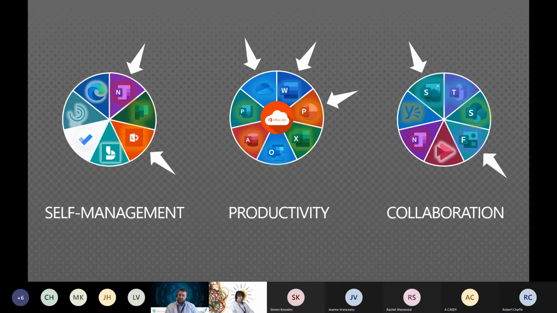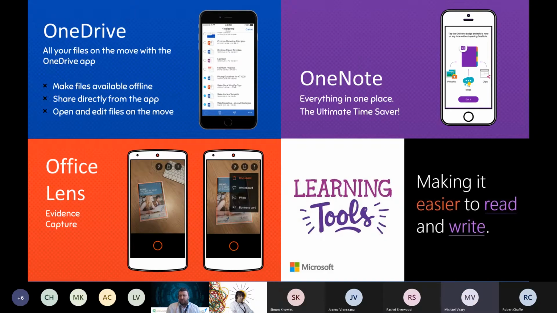And as a starting point, if I break it down into very simple terms, these are probably the 4 key things that I hope you take away from today. These are probably the 4 key apps that I think are really important to get involved with, and they do start to unlock everything else for you in the Office 365 platform. And the first one